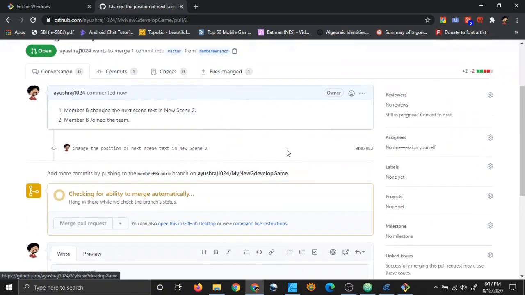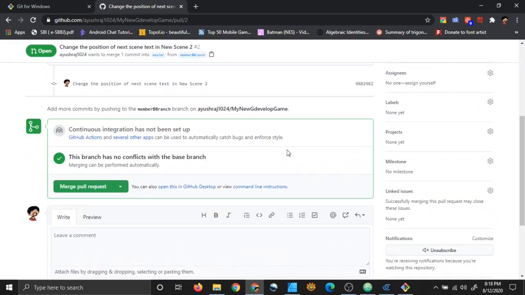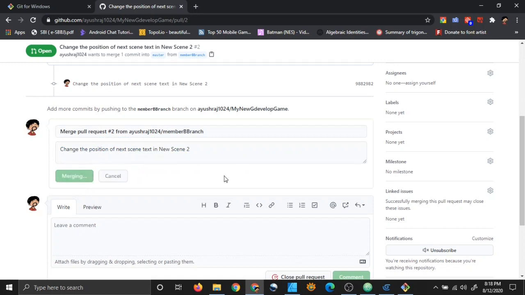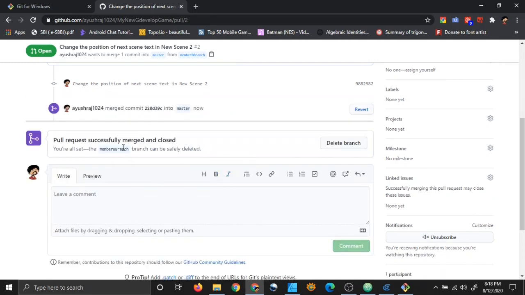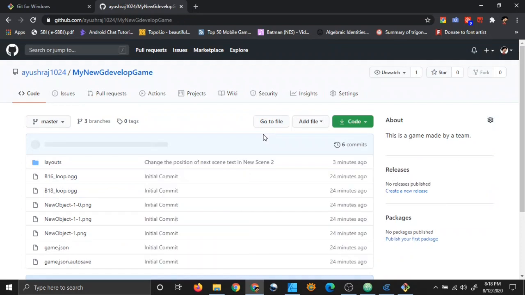So pull request is here. You can just simply go here and merge, confirm merge, and there you go. You have successfully merged and closed, and you can go to code, and you will see the new changes here.